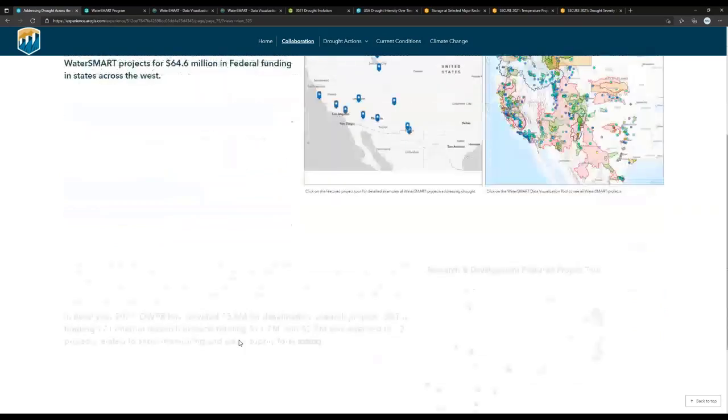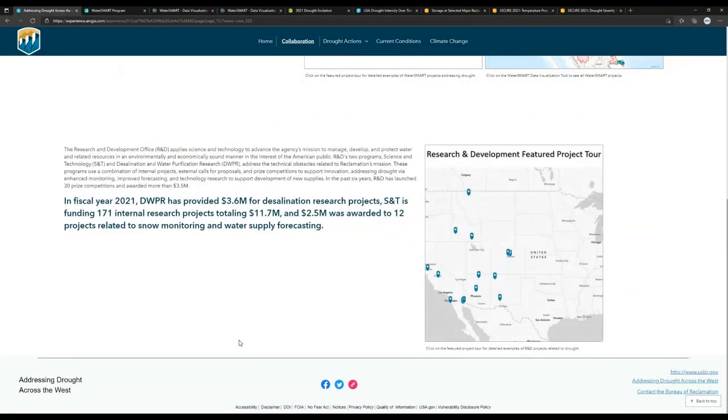If you go down a little bit, we also have a featured project tour from the Research and Development Office, and this includes their desalination and water purification program projects. It also includes some internal reclamation research projects and the prize competition projects that have been funded.